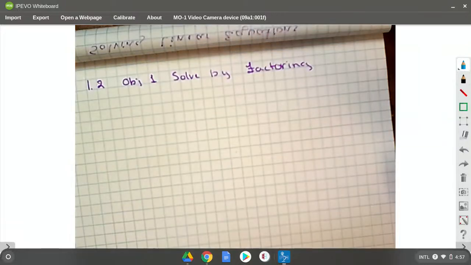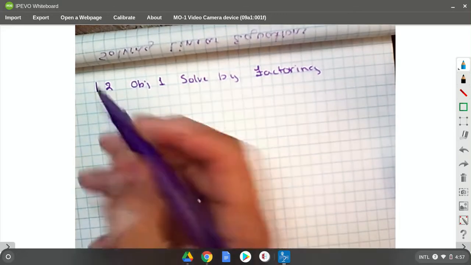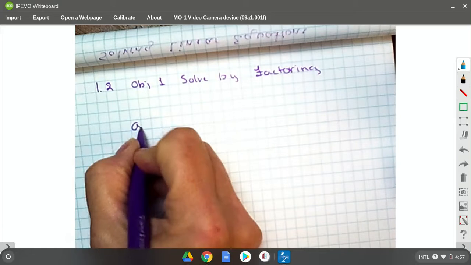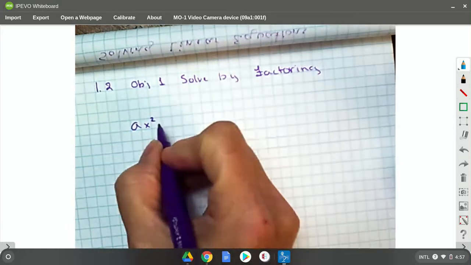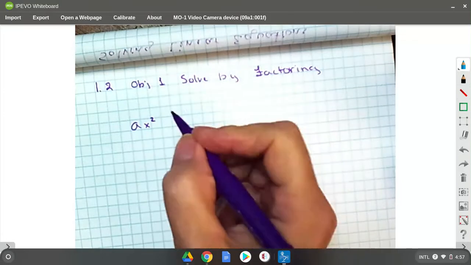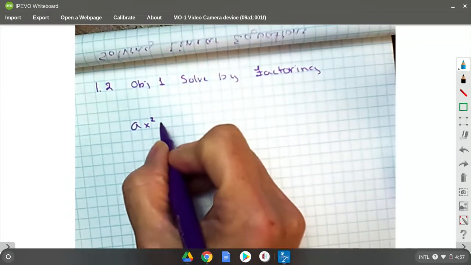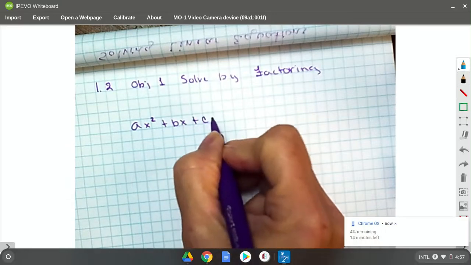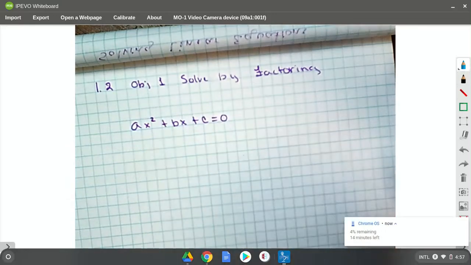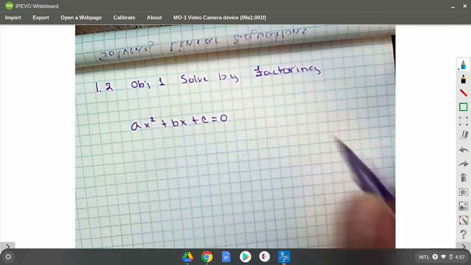Okay, guys, we're going to start our 1-2 with the factoring. This is all about solving quadratic equations. Remember, the quadratic equation is the equation that has that x squared on it, right? And our standard position is ax squared plus bx plus c equals 0. And we set it equal to 0 because